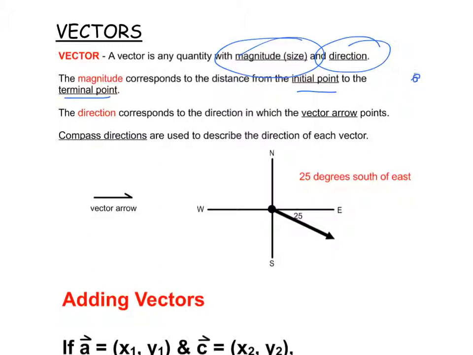If I have a vector that starts here and it goes to there, that distance is the magnitude. Now, if it's shorter, that magnitude is that distance. Now, the direction. When we're talking about the direction of a vector, for instance, if I have a vector that is going this way, and I have another vector from that same point going this way, just to say upper right hand, up and to the right, or up,